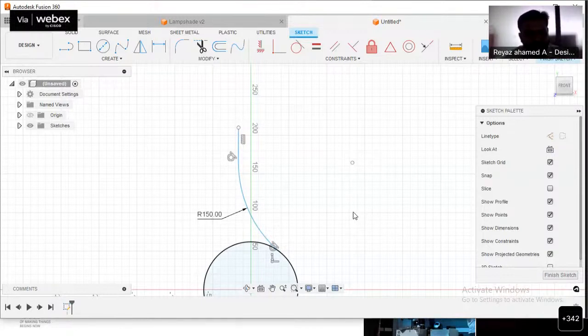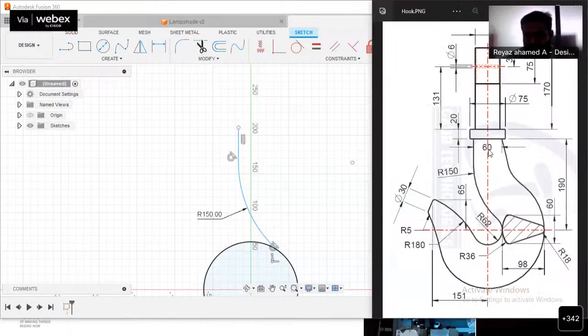And then Alt tab. Let me move to the circle, and then see here the diameter is 60. Actually, the diameter symbol is not mentioned over here, but the diameter is 60. The diameter is 60 means from the center it should be 30, right? From the center, the distance of the line should be 30.